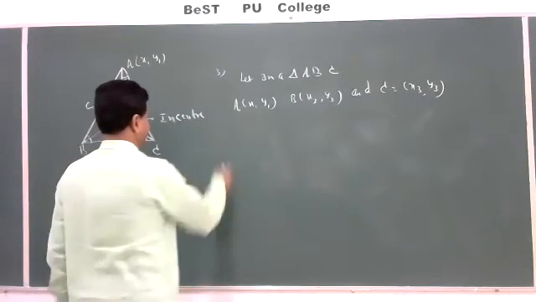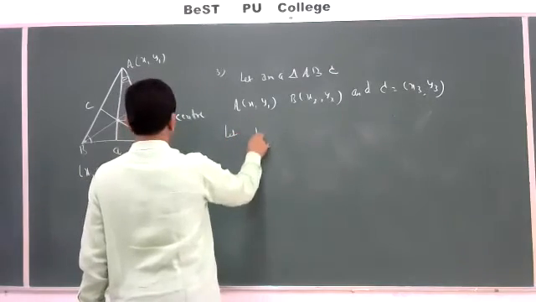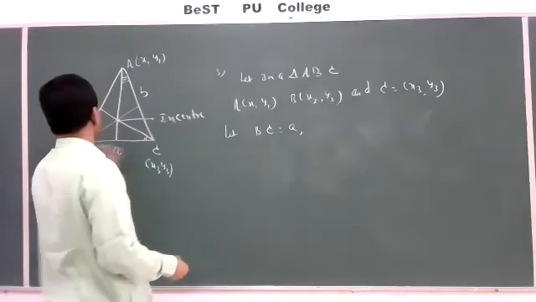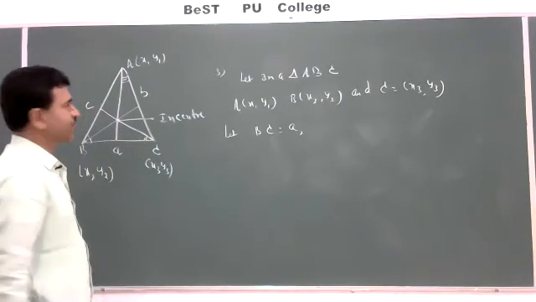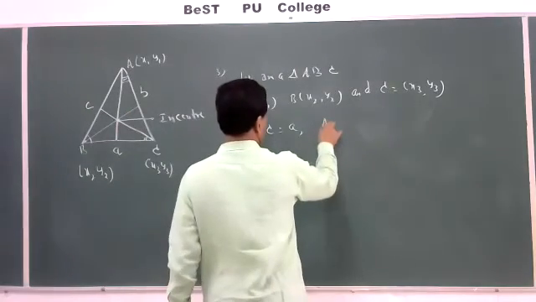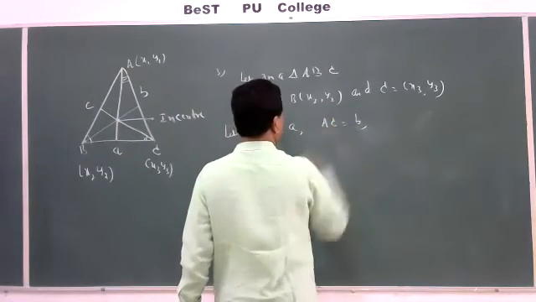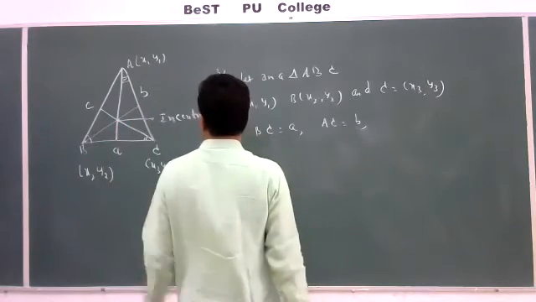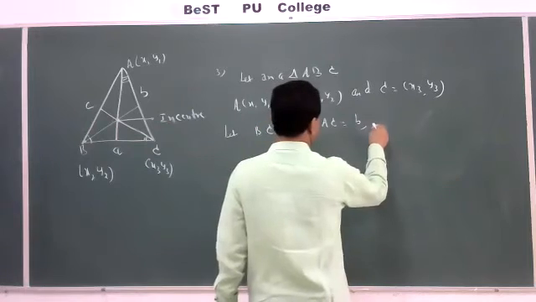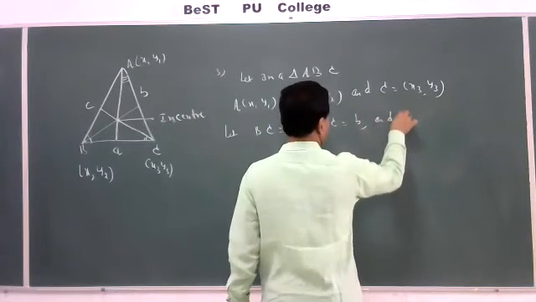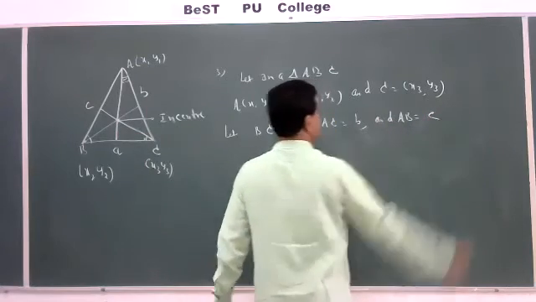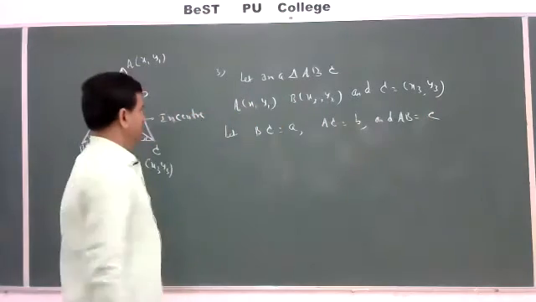And let BC be length small a. This is the length of this side, small a. Let AC be b, opposite to angle B. Length of the side AC is b. And AB is equal to small c. Then